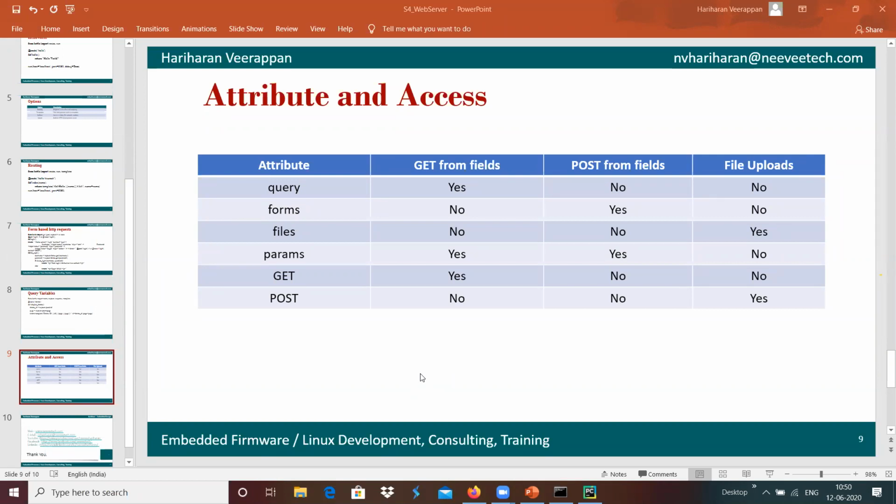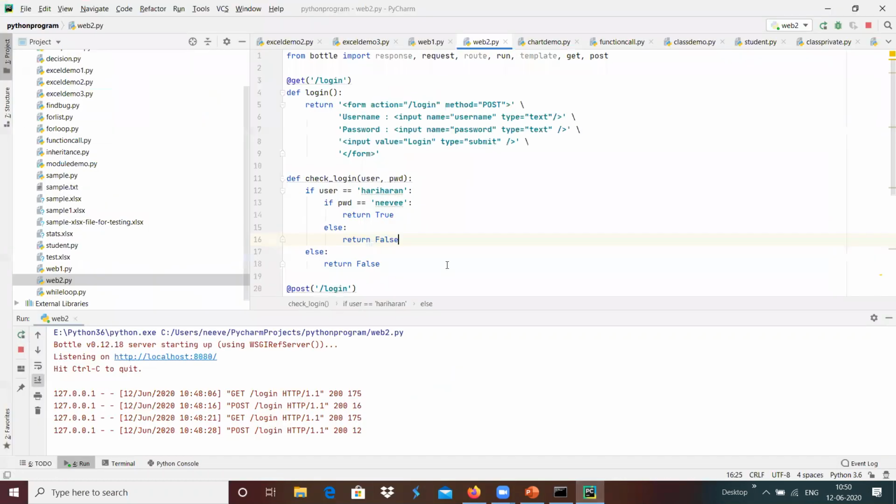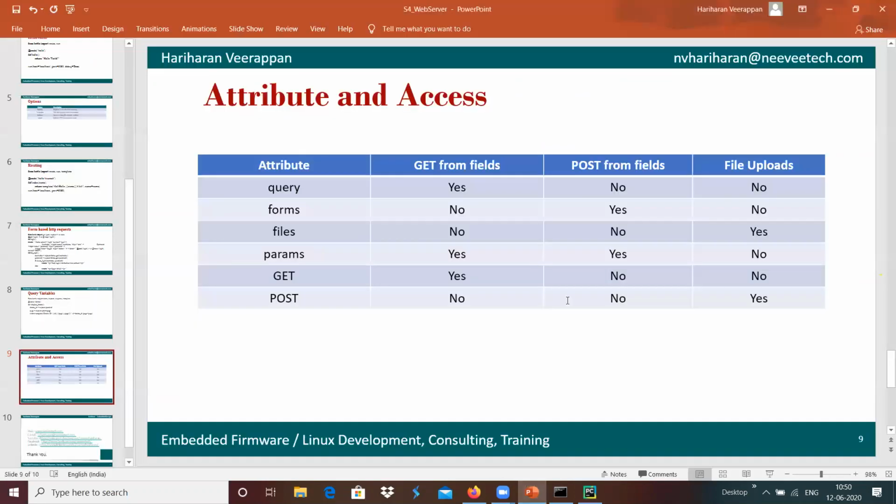And in case of forms, we did a form over here, which has the post option, so that we can post our outputs. In case of forms we will have the post option, we cannot have the get option.